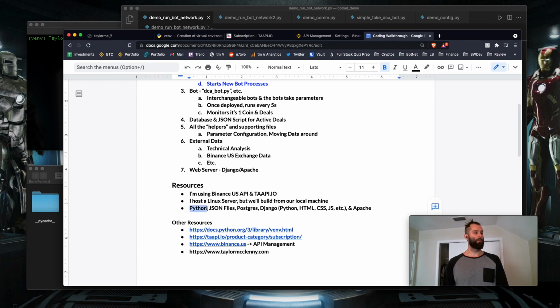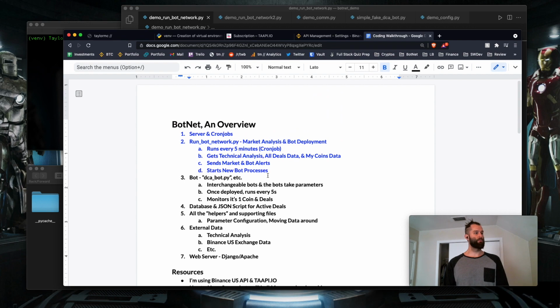Everything will be coded in Python. We will use some JSON for sending data back and forth. We'll eventually get to building a Postgres database. The front end is Django, which is Python, HTML, CSS, JavaScript, and a little bit more, and then an Apache web server. But again, today we'll just get to